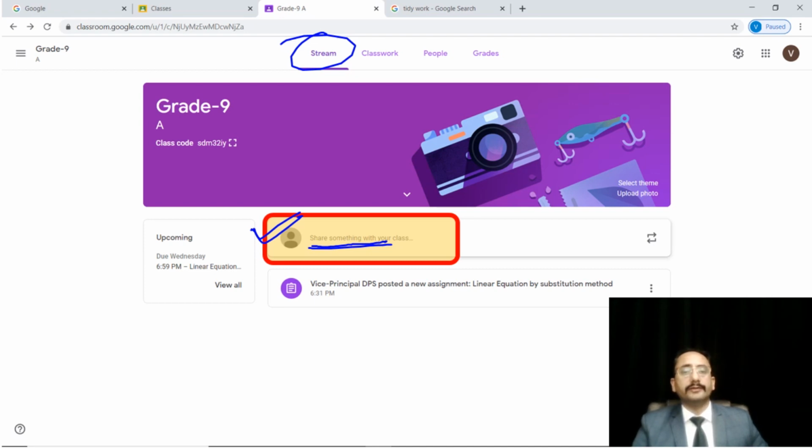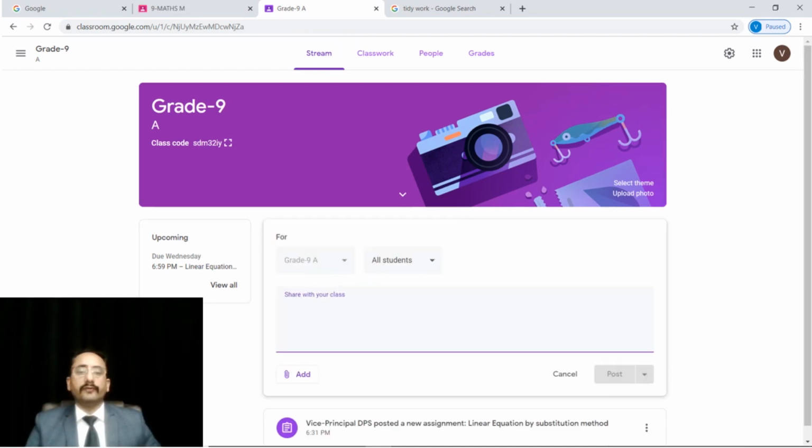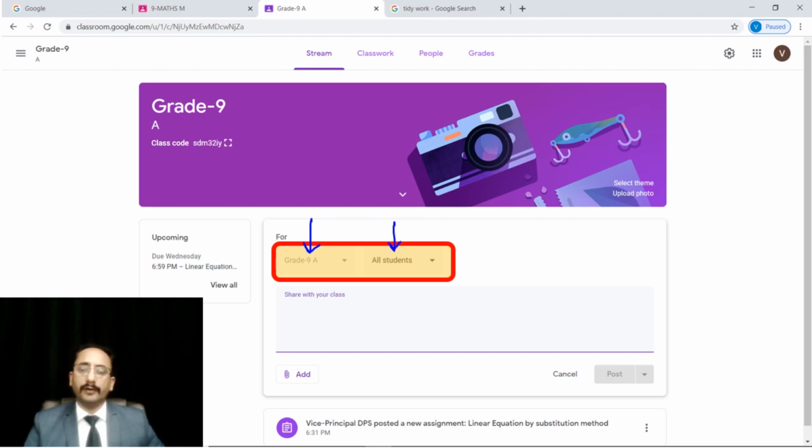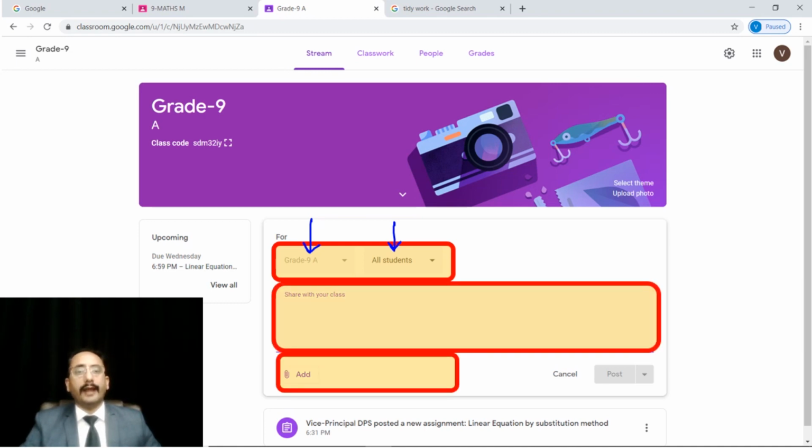Once you click on this button, this window will pop up, and it will ask you to which grade you want to send the message. I have to select a grade from here. All those grades of which I am a part as a teacher will be visible, and I can send it to all the students, or I can select multiple students. I can send the message to specific students also. I can also add